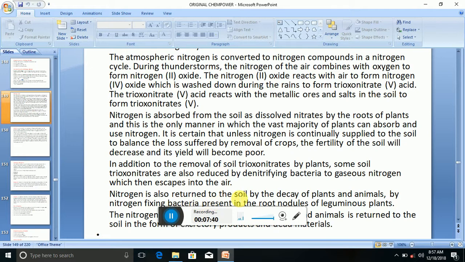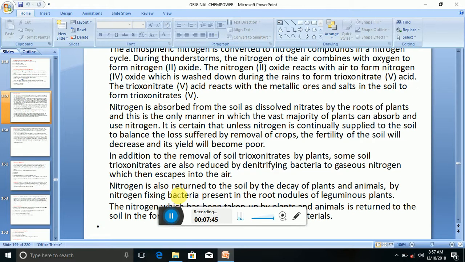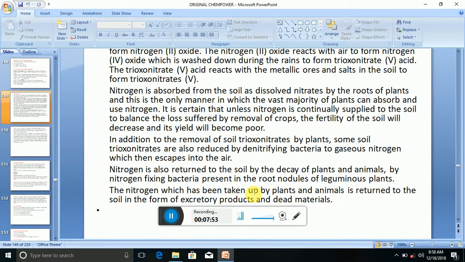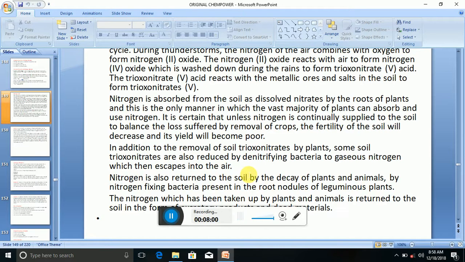Nitrogen is also returned to the soil by the decay of plants and animals by nitrogen fixing bacteria present in the root nodules of leguminous plants. Nitrogen which has been taken up by plants and animals is returned to the soil in the form of excretory products and dead material. So this is the summary of